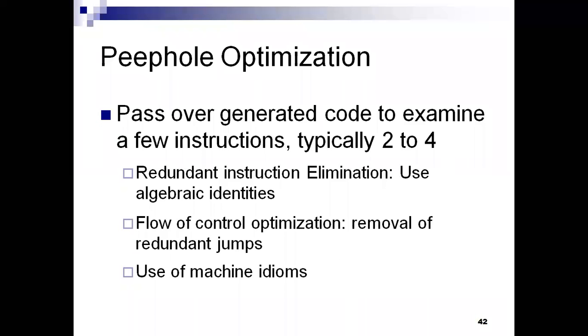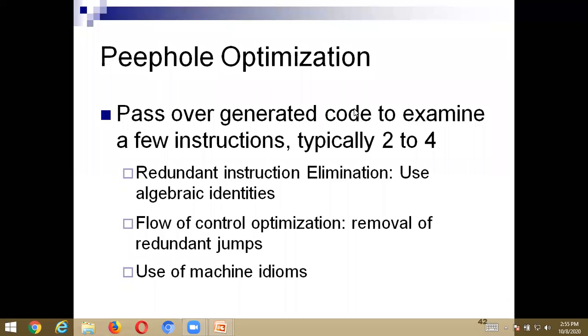The second one is peephole optimization. The next technique is the peephole optimization technique. What is peephole optimization? First, you need to know the meaning of the word peephole. A peephole is nothing but a small window. That means a small window is moved over the target code, and transformations can be made. That is what a peephole is.